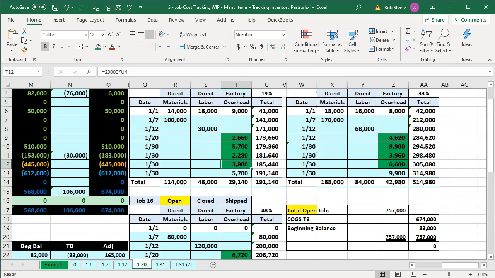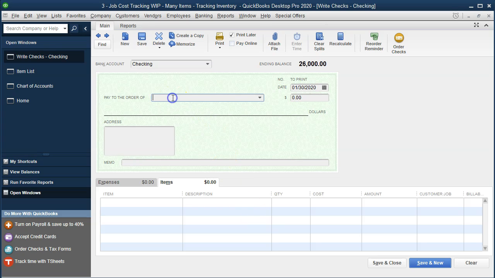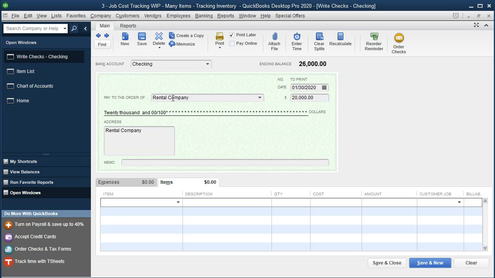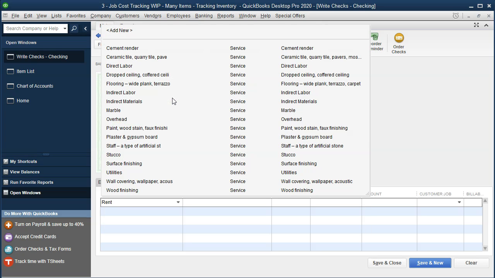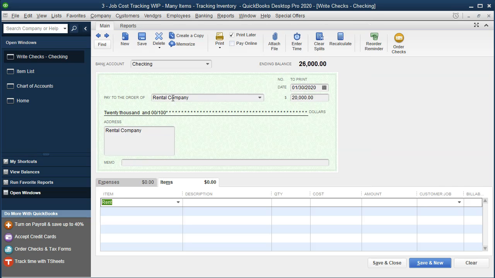Same process. We're going to go back to QuickBooks. I'm going to make a new vendor. So I'm just going to call it rental company. That's going to be their vendor name. And the amount is going to be the 20,000. Tabbing through here, we're on the item. We're going to have to call this rent, factory rent, equipment rent, some type of rent, we're going to say on it. And then we're going to say tab